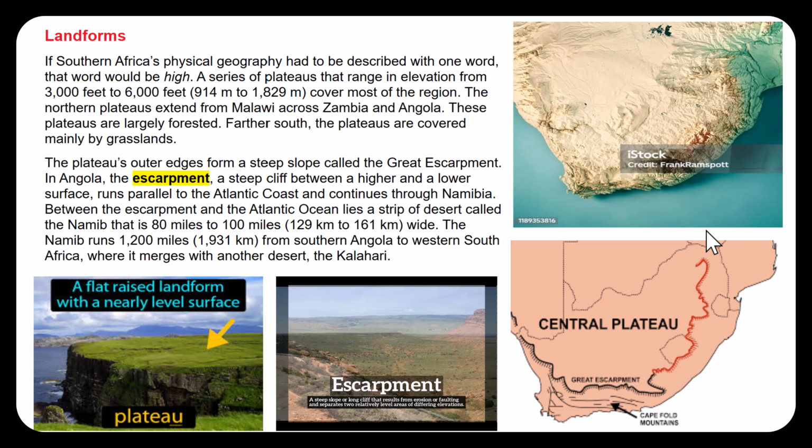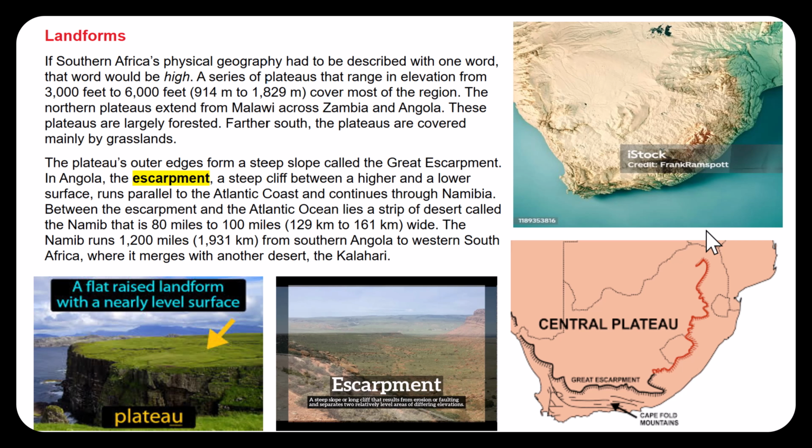Landforms. If Southern Africa's physical geography had to be described with one word, that word would be high. A series of plateaus that range in elevation from 3,000 feet to 6,000 feet cover most of the region. The northern plateaus extend from Malawi across Zambia and Angola. These plateaus are largely forested. Farther south, the plateaus are covered mainly by grasslands. The plateau's outer edges form a steep slope called the Great Escarpment. In Angola, the escarpment, a steep cliff between a higher and a lower surface, runs parallel to the Atlantic coast